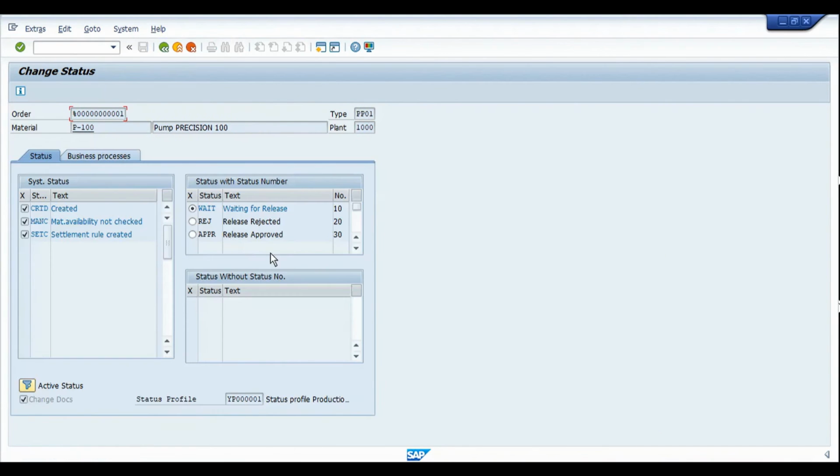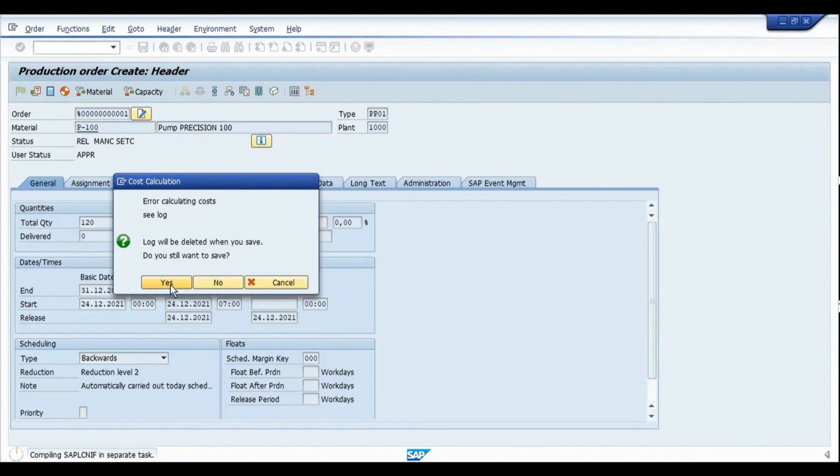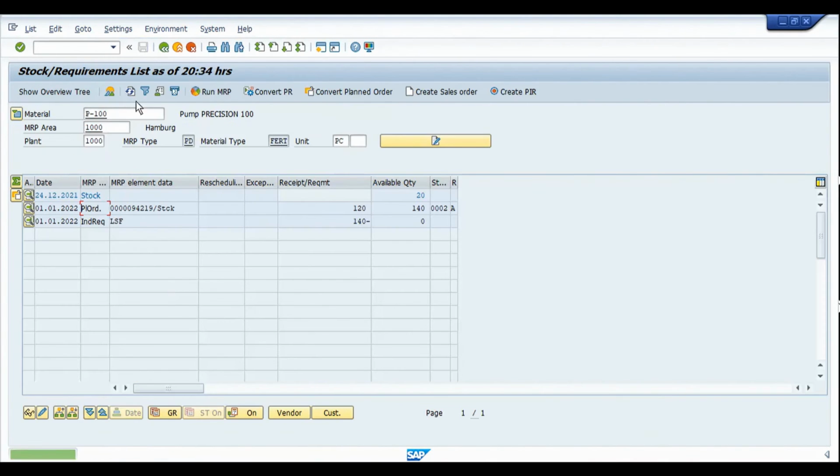And I'm going to release this order. Save it. Refresh MD04. Now we can see the production order 5985 that has been created. So I'm going to perform the goods receipt of the production order